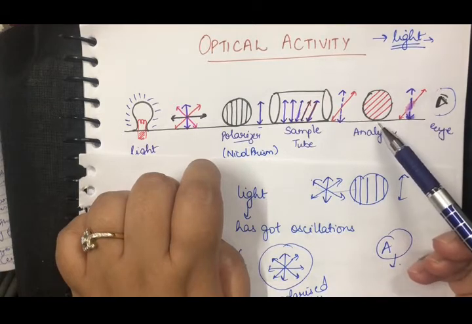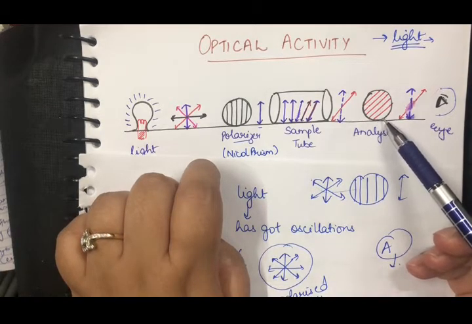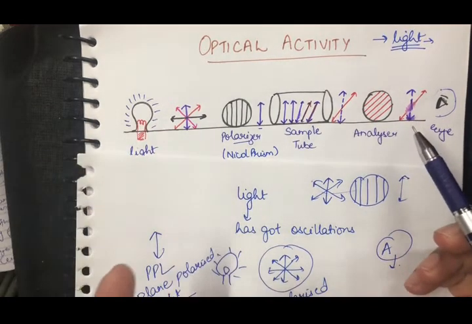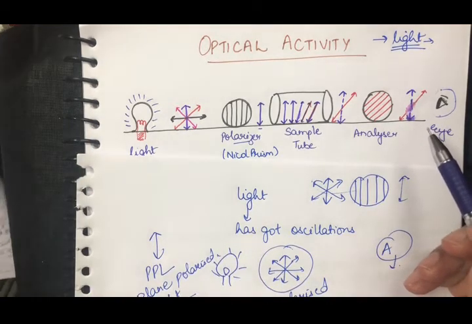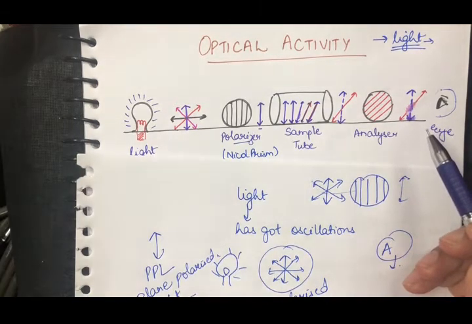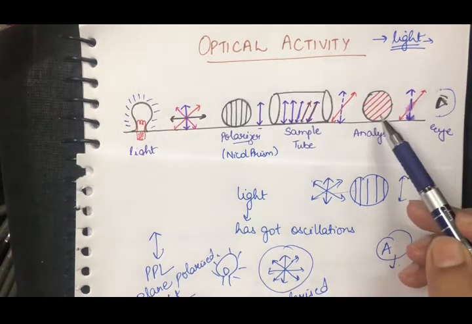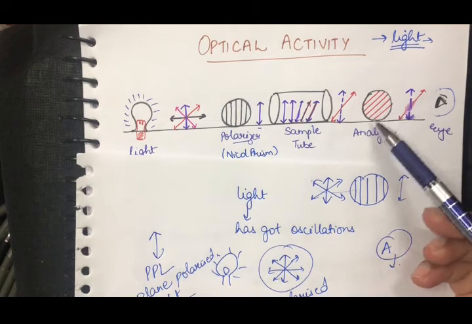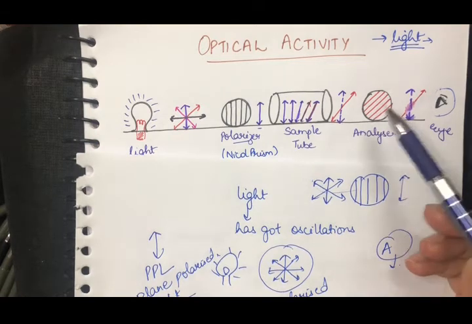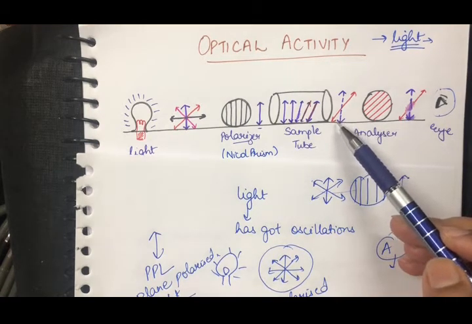So what I have done is I have tilted the bars of the analyzer also towards the shape. I have done a hit and trial wherein I have changed all the possible directions, and the one from which I observed something coming out, I have shifted it, fixed it that side. So my analyzer is in the same direction as the light coming out from the sample tube.